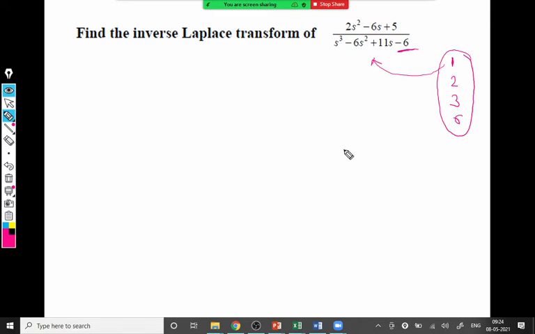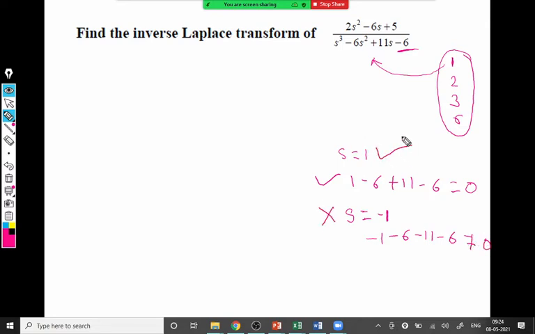So if you put s equal to 1 there, yes, sir, it satisfies. We get 1 minus 6 plus 11 minus 6, and that is 0. But it is not satisfied for s equal to -1. If you replace s by -1, you get -1 -6 -11 -6, which is not 0. So -1 is not a root. So +1 is a root. There is no need to check for minus actually, because alternate plus minus signs are there. So this indicates the roots are all positive only.